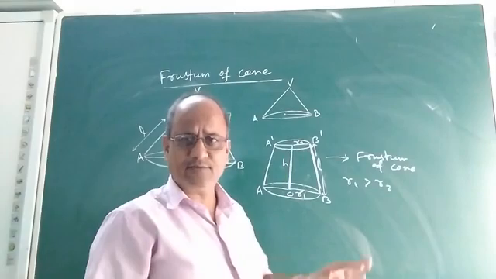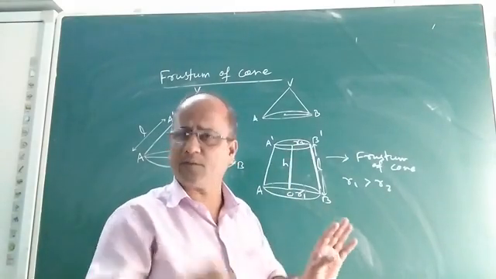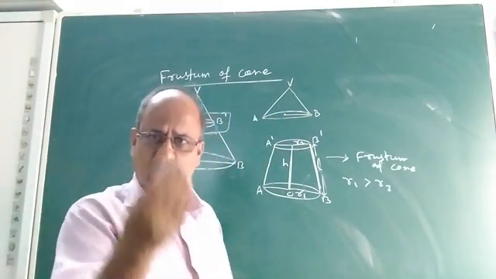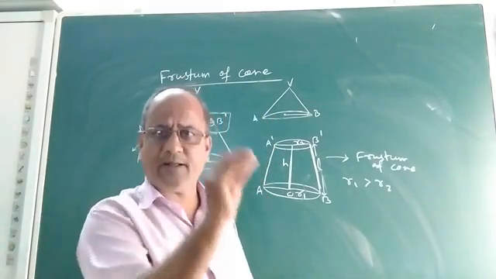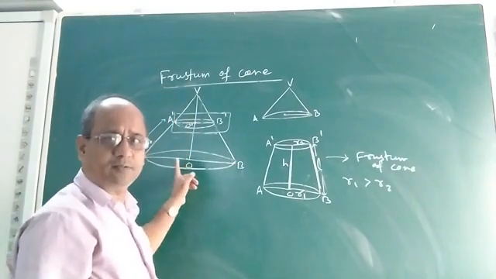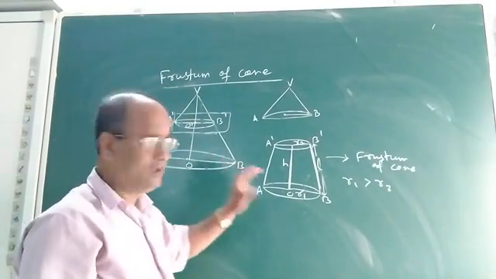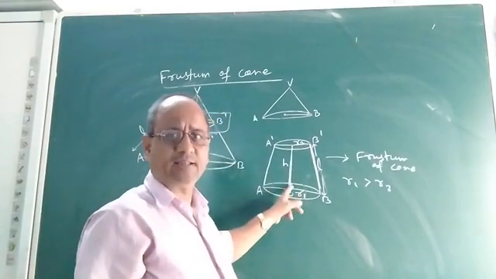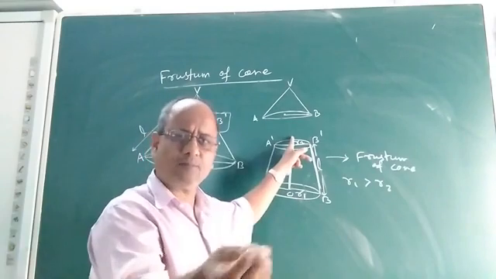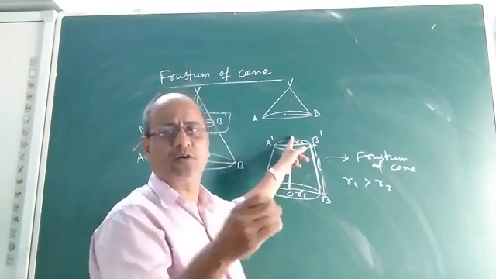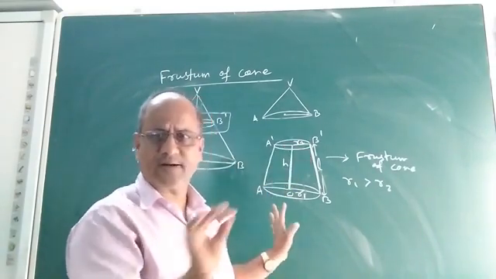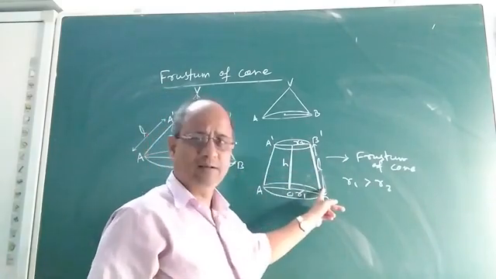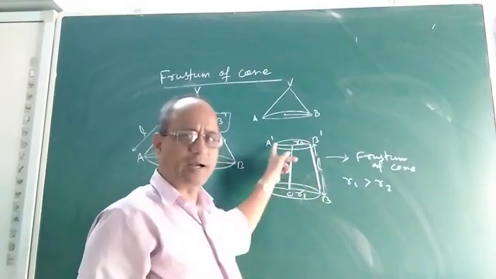Now, children, you came to know what a frustum of cone is. A frustum of cone is a solid which is generated when a plane is cut parallel to the base of a cone. It has two flat circular ends having different radii, say R1 and R2, or capital R or small r, whichever symbol you may use to denote the two radii. It has one height or vertical height, and this is the slant height of the frustum of cone. So what is vertical height?